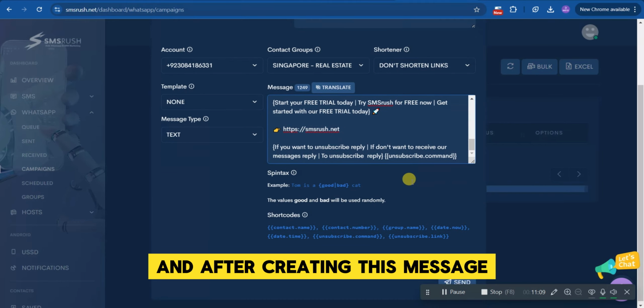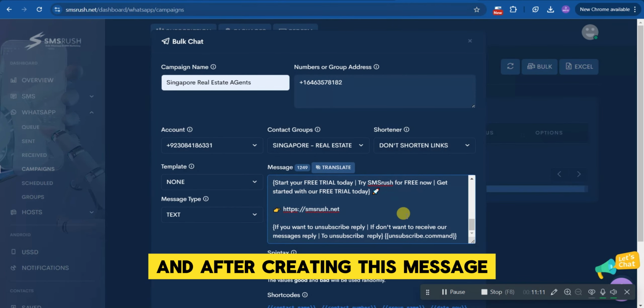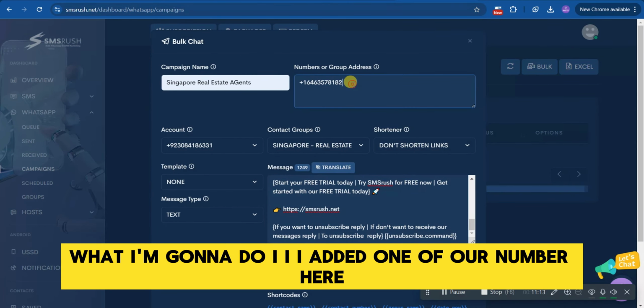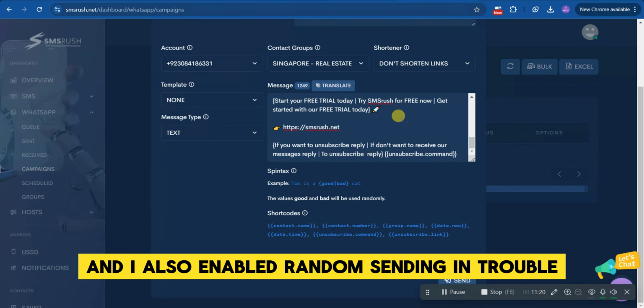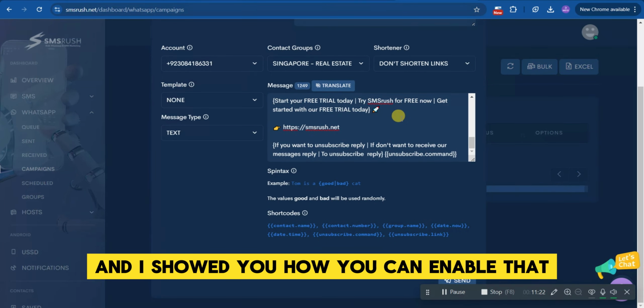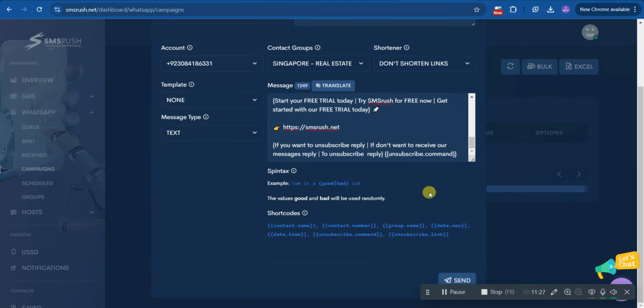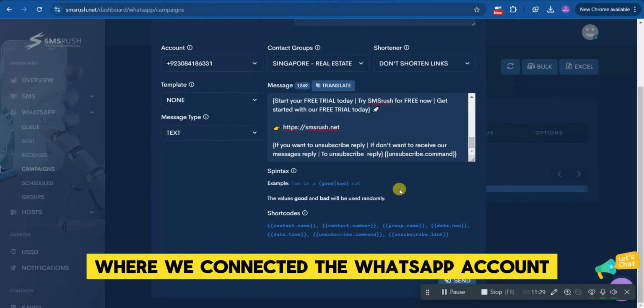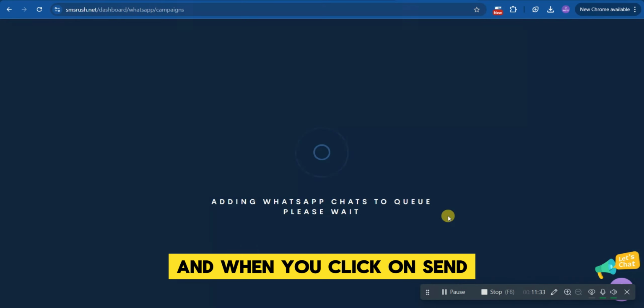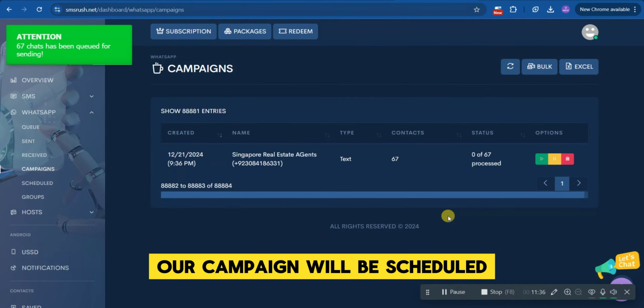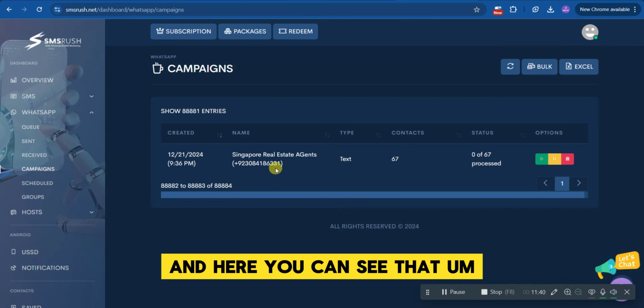So that's it. And after creating this message, I added one of our numbers here. So the first message will be delivered to this number, and I also enabled random sending interval, and I showed you how you can enable that in our previous videos where we connected the WhatsApp account. So after that, simply click on send, and when you click on send, our campaign will be scheduled. And here you can see that